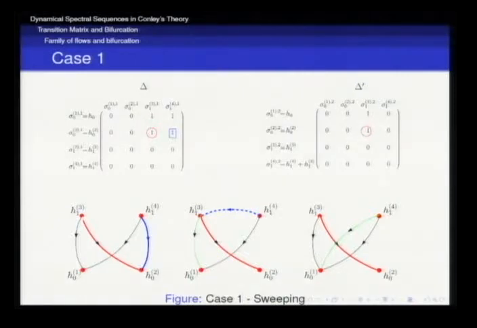So here's just an example. If we have these four connections here, and we want to sweep, we have a change of basis here to produce this zero. So in the middle stage, since we have to add this column to this column, the H4, we have to create a saddle-saddle connection between 4 and 3.